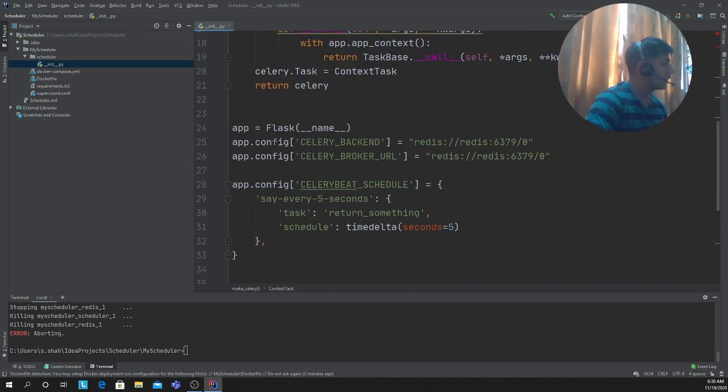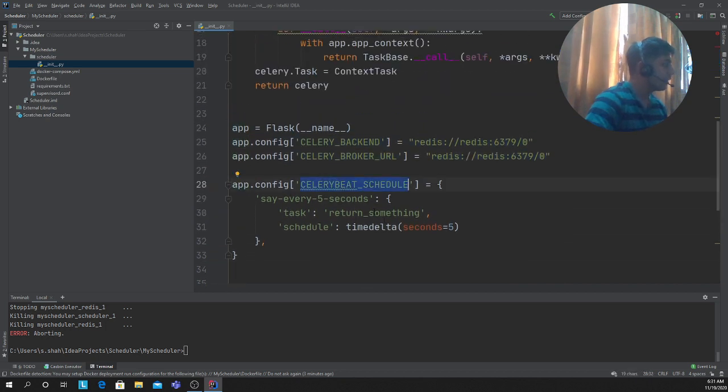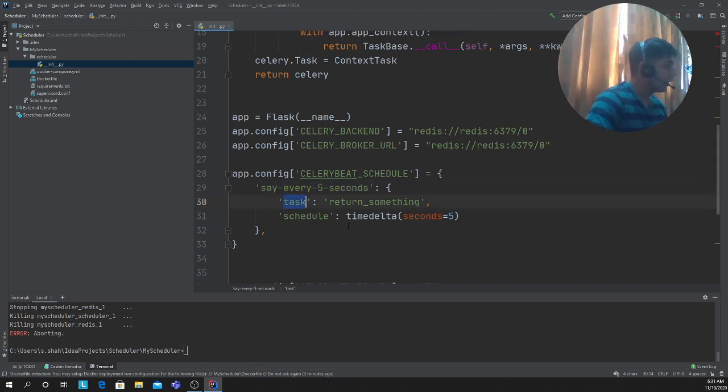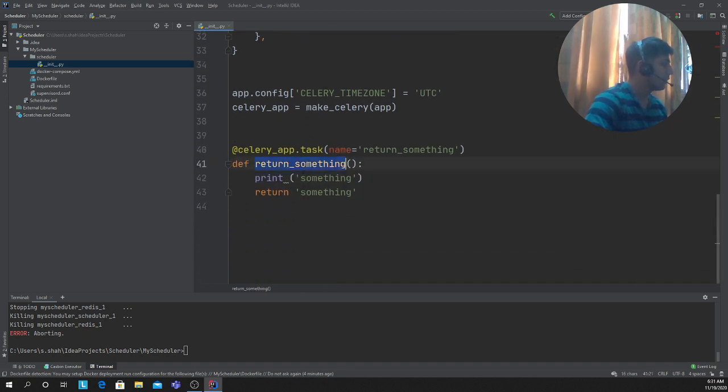After that, what we are doing is basically we are configuring all of the settings. Then we basically say Celery beat schedule. So basically we are giving a name or alias, whatever you want to give. Task, basically the task that you want to run, that is nothing but the function name. Schedule, and then basically when you want to run. So this takes a cron, or it can take a time delta object. You can do that. So return something. So it's a function, return something.